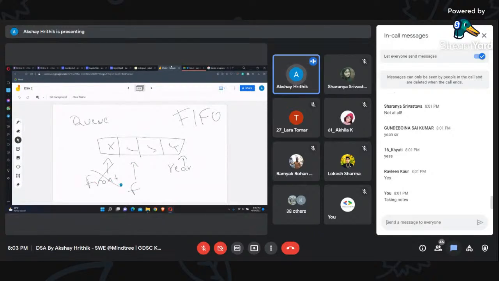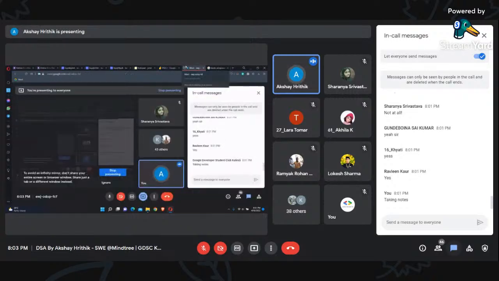Can I add another person here? Because the person can only be added at the rear, right? And rear is already at the end of the array. You cannot add more people as you delete from a queue. You can only add n number of people, and as you delete, you will not be able to add more